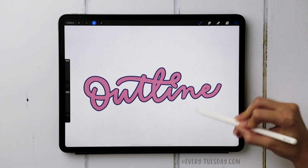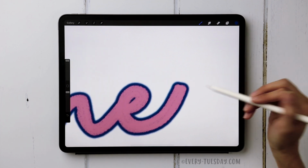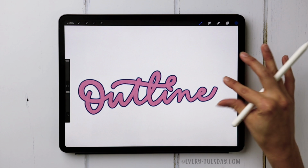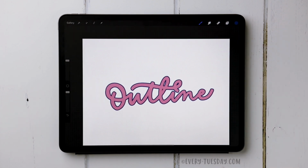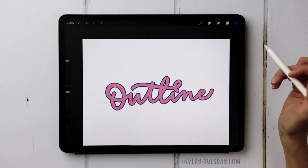And this will just make those edges a lot sharper. So now if I deselect it and I zoom in, you can see those edges are much sharper than they were. And if I zoom out, you can't even tell that they're a little soft on the edges. So that's the really easy workaround, but you can probably tell I chose a textured brush, that mono marker brush,